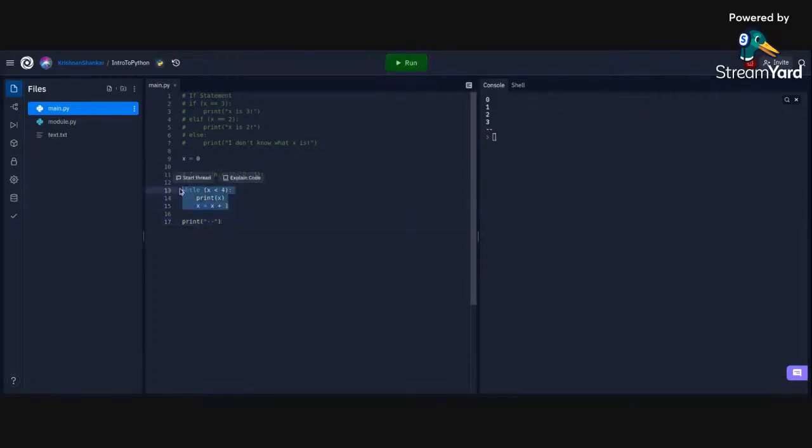Now, a while loop is used generally if you don't know how many times or how long you want to go. Like, if you just want to go until a certain condition. Say you have no control over how x changes. Say x can just change randomly. And I could actually implement this, but I'm not going to right now. If you have no control over x, and x is being changed by something else, like another file